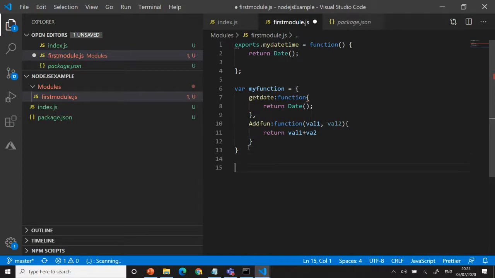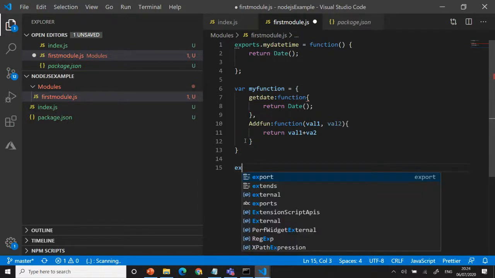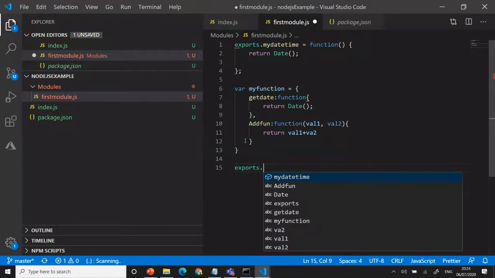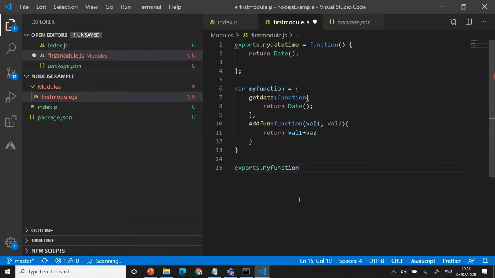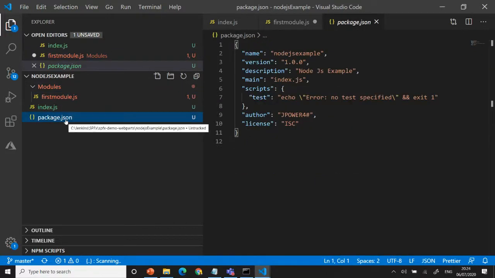For example, this is a function, right? exports.myDay. This is my function, right? My function will be that. That's why we can use exports directly, or you can use module, right? It is a module. module.exports equals my function. You can easily export the value in Node. Now we understand that when you get the module, everything is JavaScript.